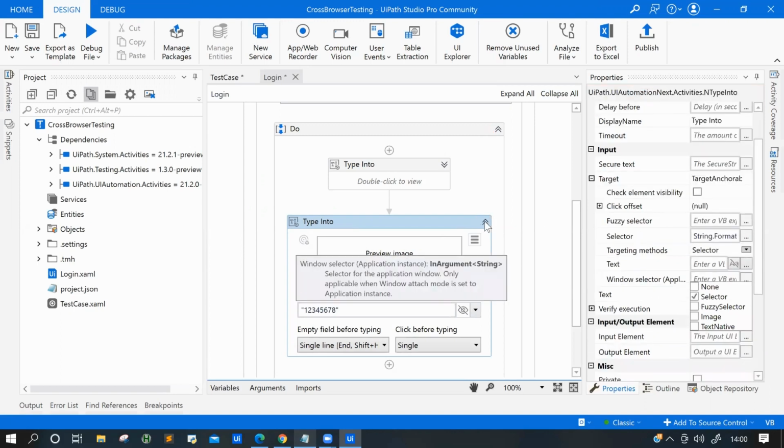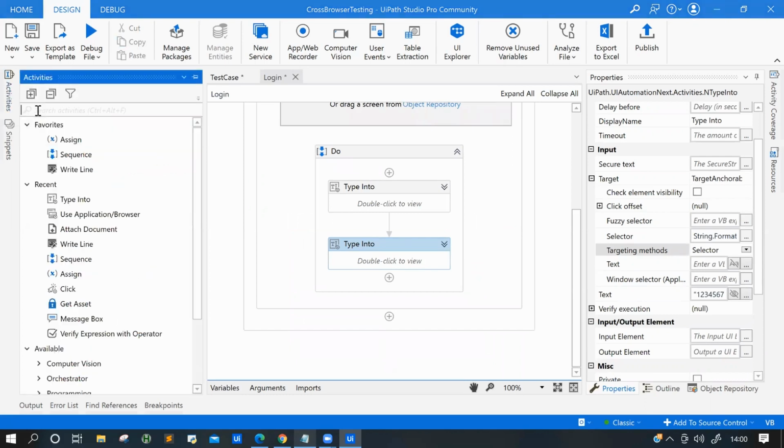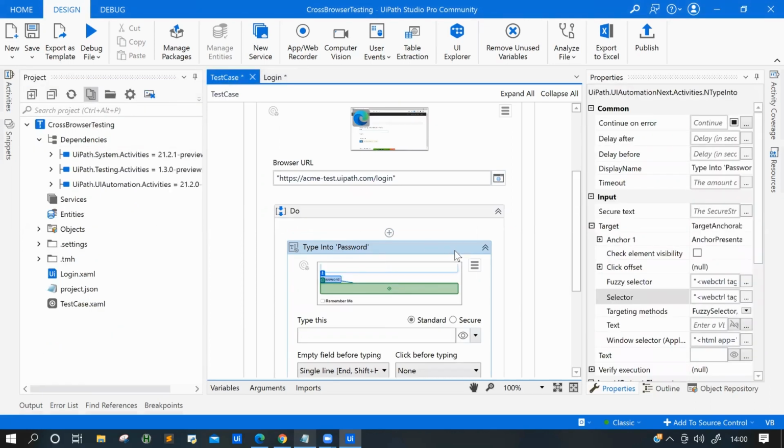Cool. So we are done with username and password, and now we have to click on submit. Let me just go here. I can delete this.